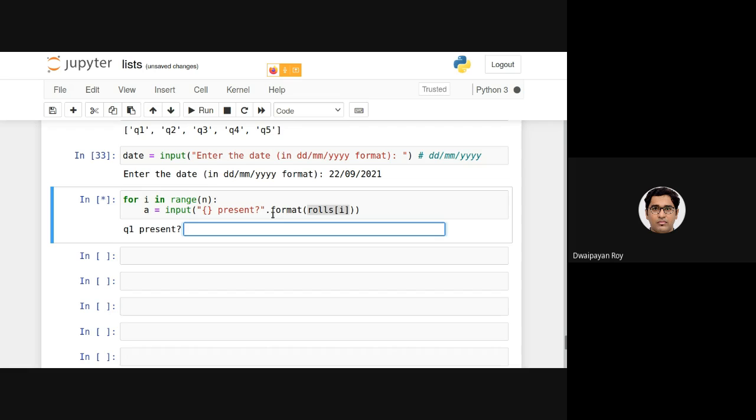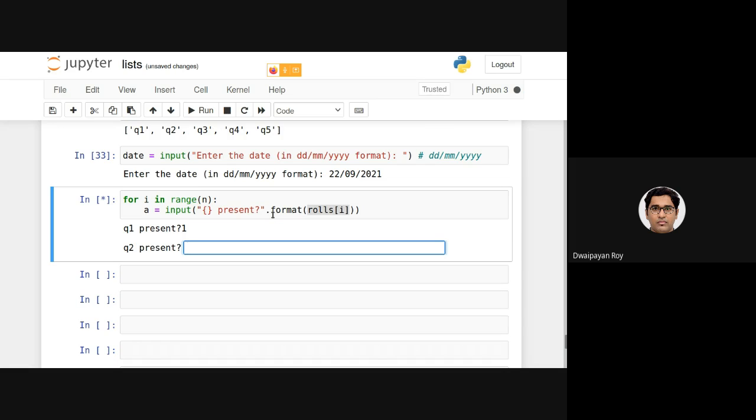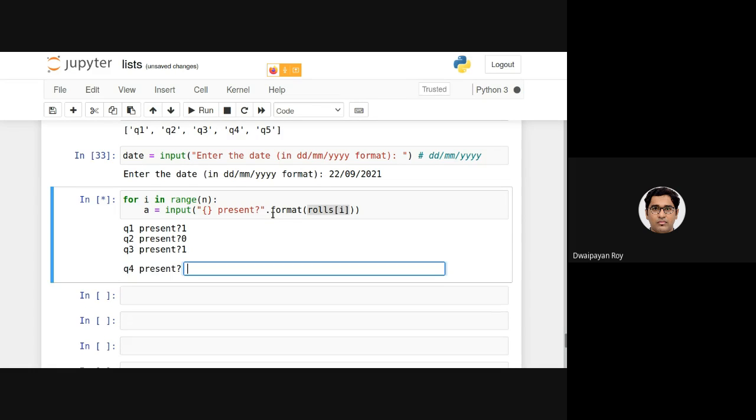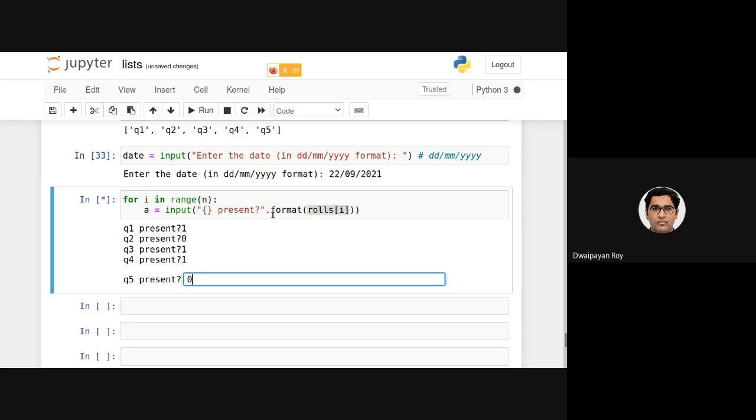For the time being, let's consider 1 is present and 0 is absent, or say y is present and n is absent. Okay, so let's consider 1 as present, q2 say absent, q3 say present, q4 say present, q5 say absent.